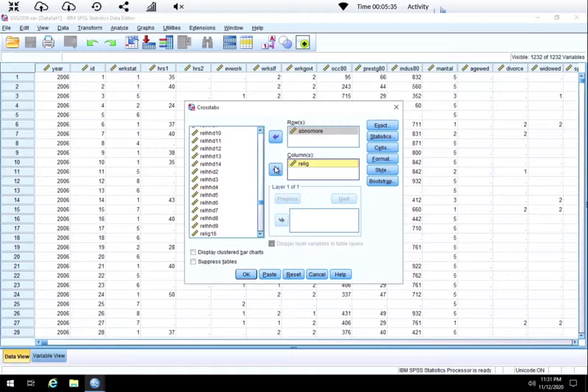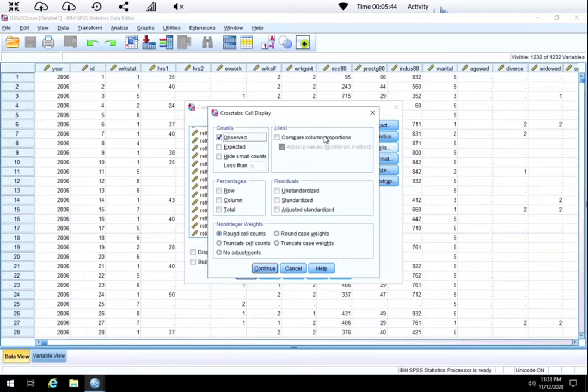And in order to do that, we need to go over to the cells box on the right-hand side of this dialog box and click on cells, and a new dialog box will pop open. We want to make sure we percentage the table based on the independent variable or the predictor variable. That variable in this case is religious affiliation. So when you ask SPSS to provide percentages, make sure you ask for percentages in the columns. If you ask for percentages in the rows, then SPSS will percentage the table using the rows and not the columns. Click on Continue